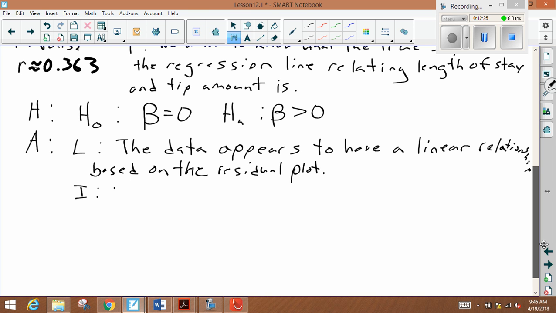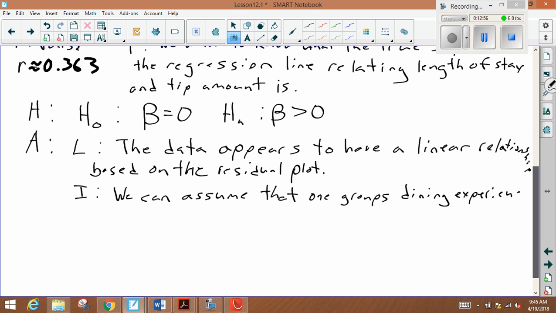We can assume that one group's dining experience does not affect another's in terms of length of stay or tip,